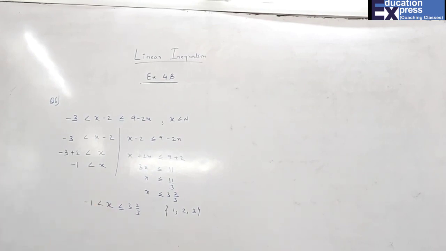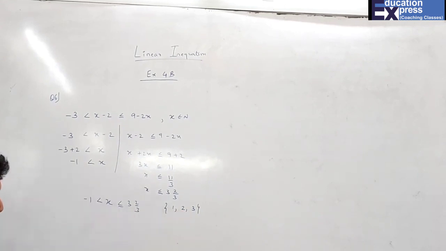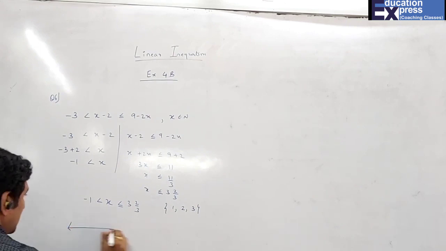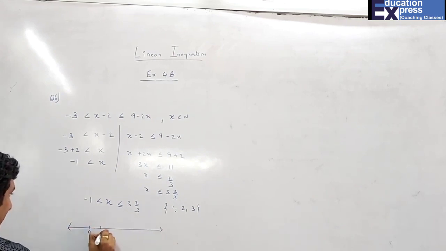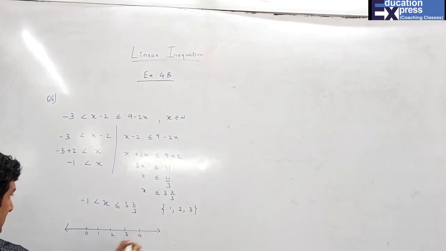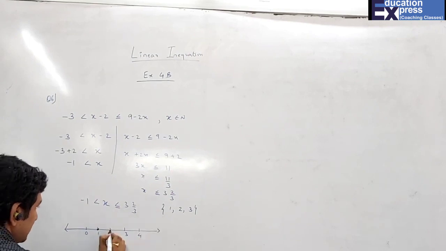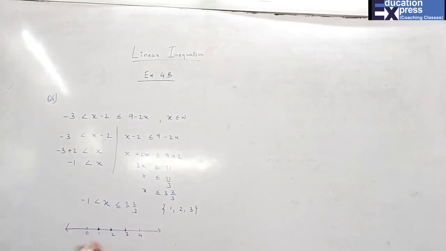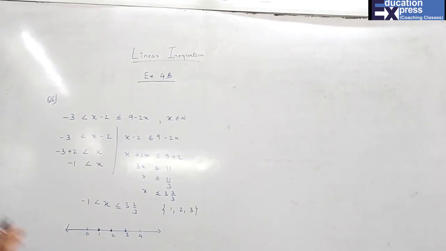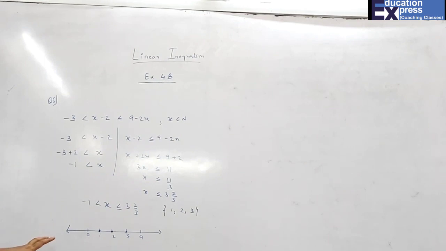So 4 I can't take. The number before 3 2/3 will be only 3, which is the natural number. If I want to represent this on the number line, just check, students. Till now we have got the number line for the real numbers. Now I'll show it for the natural numbers also. Just the numbers. You don't have to draw a line in between, because in-between numbers are not included. Only 1, 2 and 3. This is the thing for the natural numbers in case they ask for the number line.